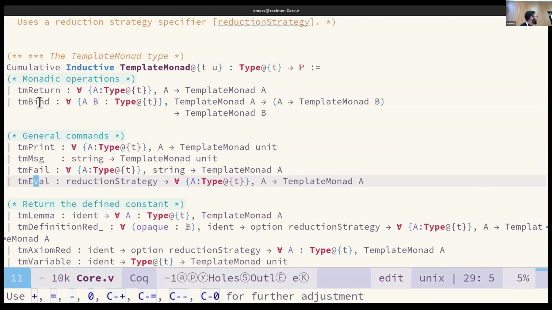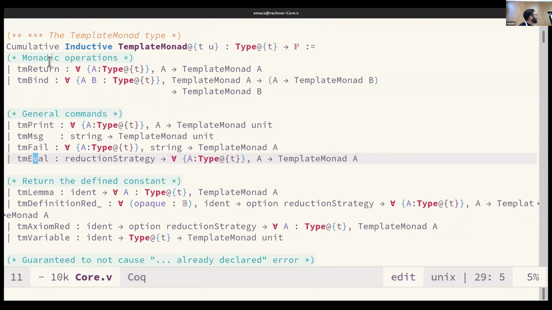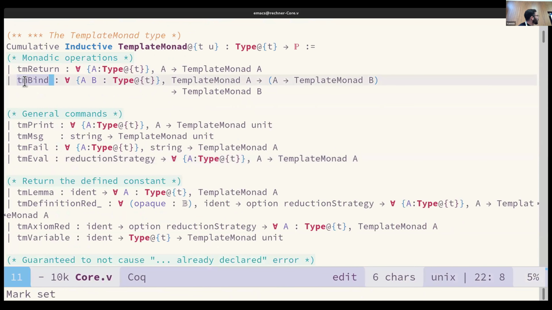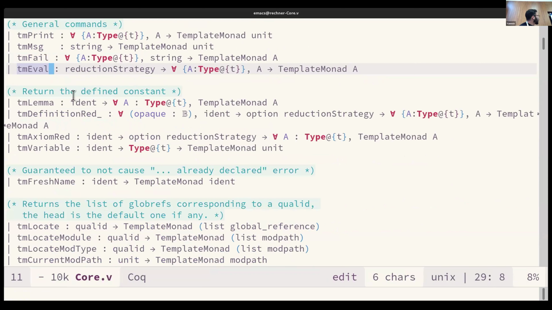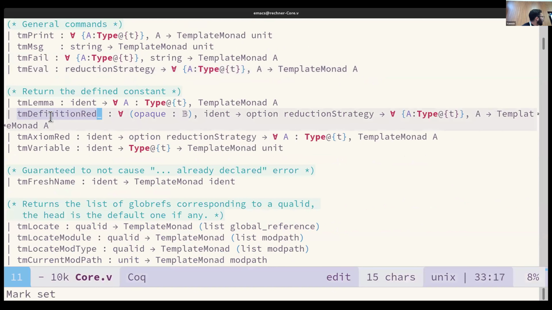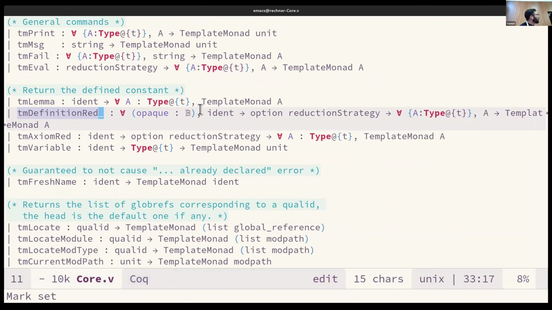Good. Perfect. All right. Going to say the same things again. So it's a monad. You can return something. You can bind something. You can print terms. You can send messages to the user. You can fail. You can evaluate a certain thing according to a certain reduction strategy. You can do CBN, CBV, whatever, if you know these kinds of things. You can define, you can add a definition to the global environment by giving